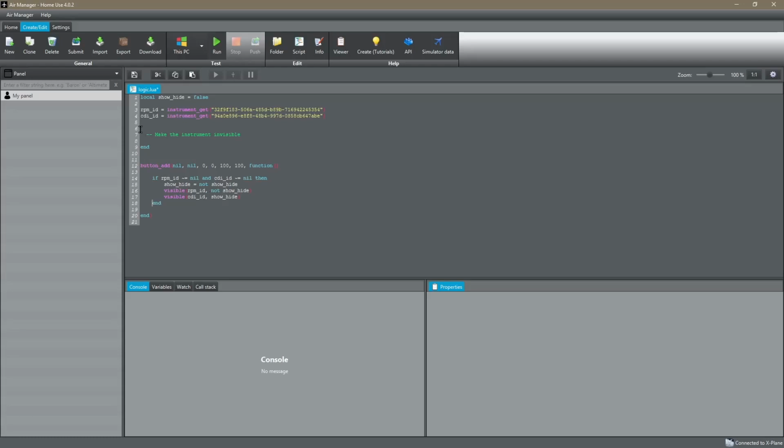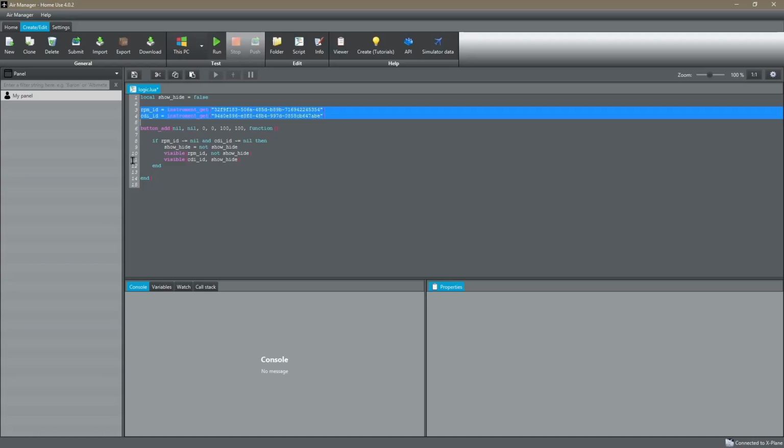Okay, so let's get rid of all this nonsense here. So there's our basic bit of code. All we've literally done is set up that show hide variable and got the two instruments that we're interested in. There might be more in there. If you were doing more instruments, then it would be a longer list here, and you would have to have a few more visibles and whatnot in here for your instruments. So now what we're going to do is try and run our